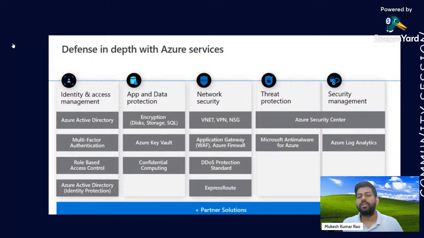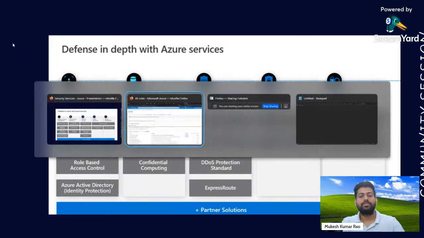Then in network security, we have the application gateway, that is WAF, where we are protecting the web application firewall, and Azure Firewall that we have seen right now, how to create and enable it. And then we have DDoS protection that is only available in standard and premium access, not in basic access. And then we have ExpressRoute. ExpressRoute is used between on-premise and the cloud. Okay, and then we have Security Center, where you can do anti-malware analysis, threat protection and log analytics in that part.